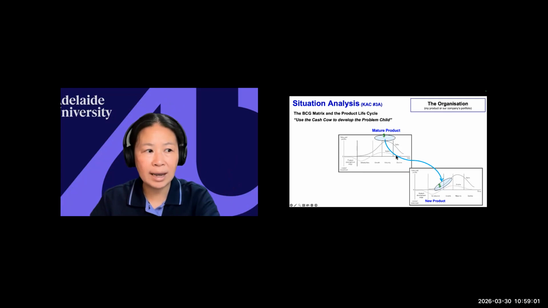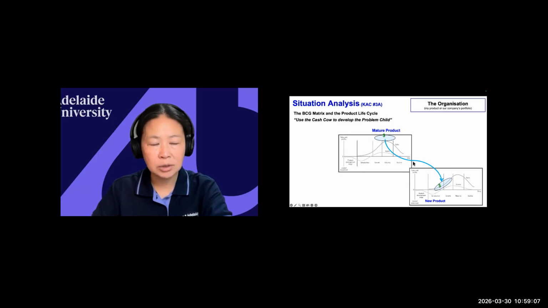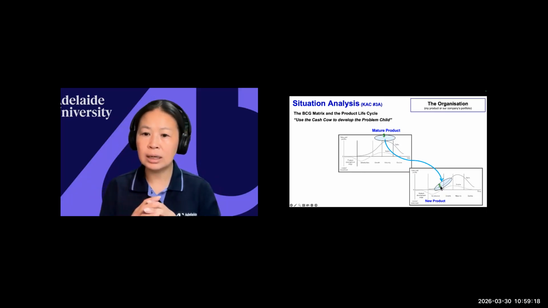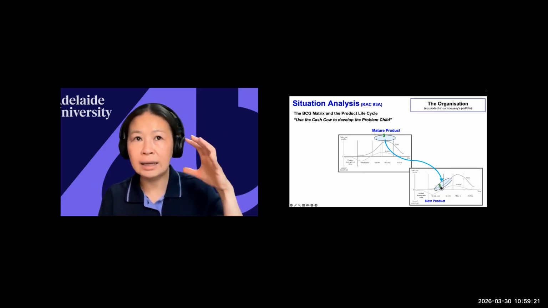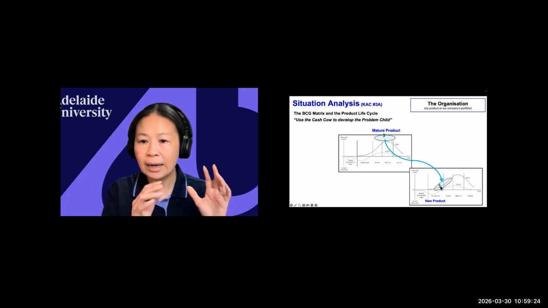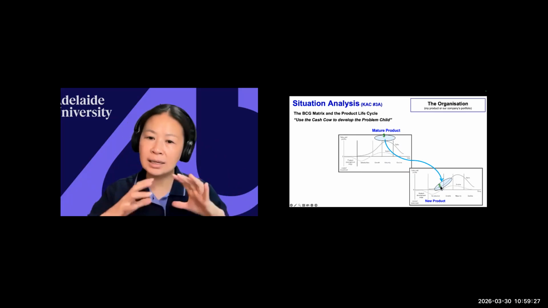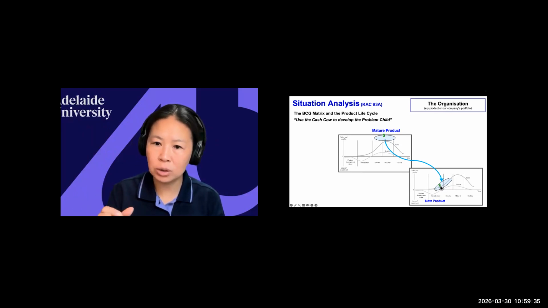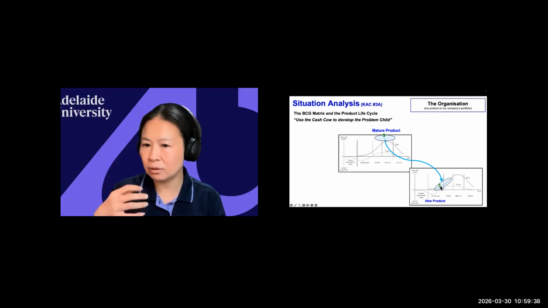So therefore, I am aware that next year I'm going to go through this phase of upgrading my product, so that it's going to come back and sit in product development mode and come back down here again, in terms of the revamp that's going to happen to my course so that it will still achieve a high level, to be in that quadrant of high relative market growth. All right. So as a new university, who are we competing with on a global scale in terms of making sure that we produce a capstone course that enables all of our students to gain the graduate qualities of experiential team-based learning